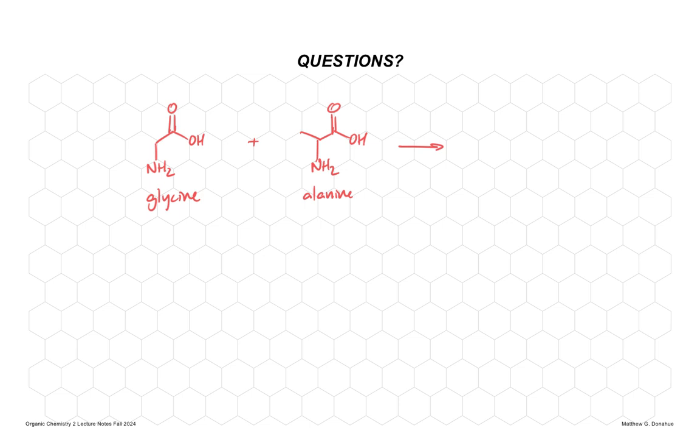How do I want to draw this? So typically, these are abbreviated AA for amino acids. So AA1, AA2. The bond between them, that amide bond,